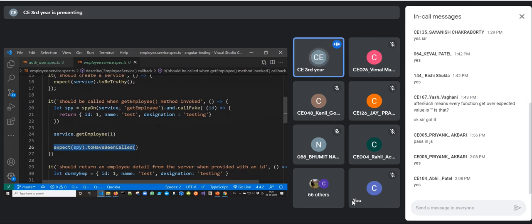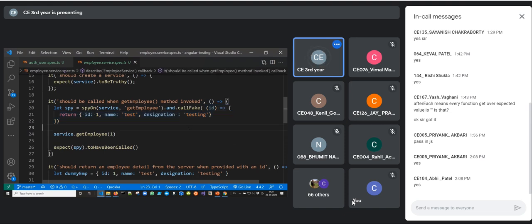We already created this getEmployee service, so you can see that even though the implementation may not exist, we can write our own implementation. So see the use of the spyOn method: on which object, service, on which method, getEmployee. This is the fake implementation, so this is the callback function.